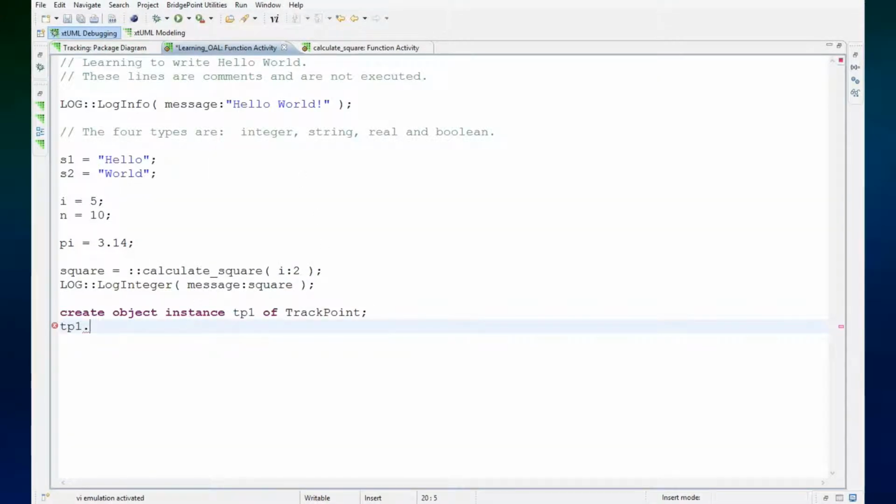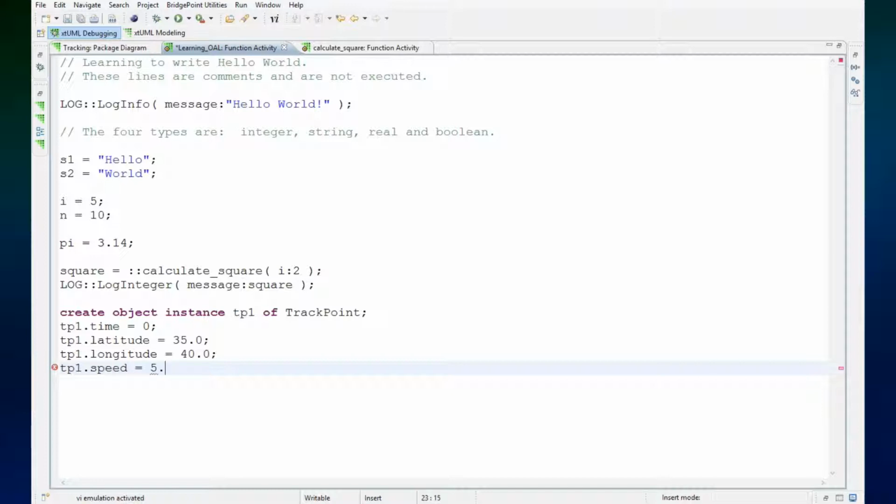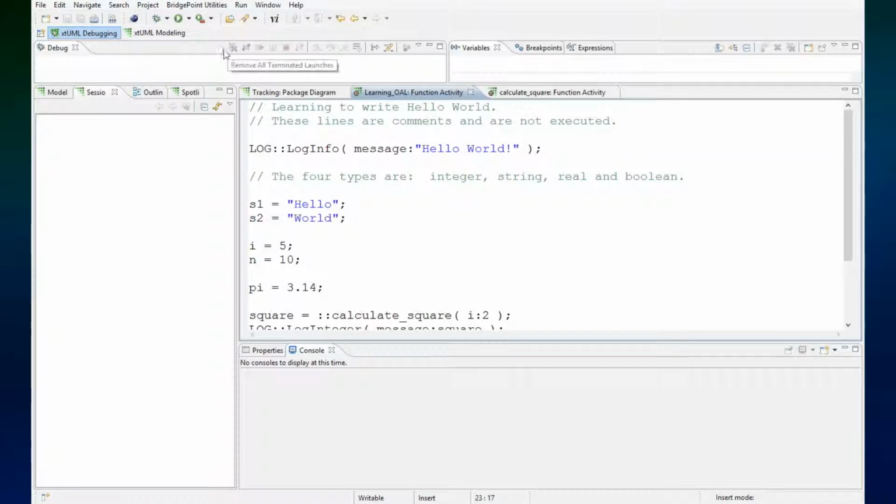So let's set the time equal to 0, and the latitude equal to 35.0, the longitude equal to 40.0, and the speed attribute value equal to 5.0 kilometers per hour. I can save that, and then if I run the verifier,